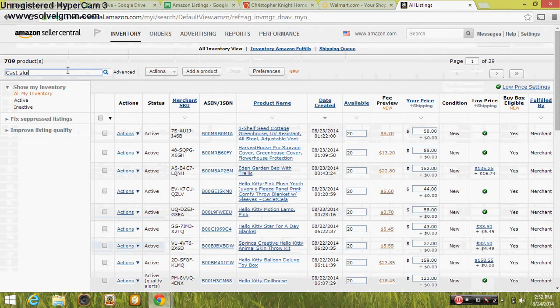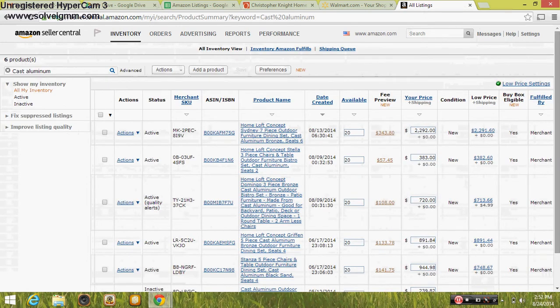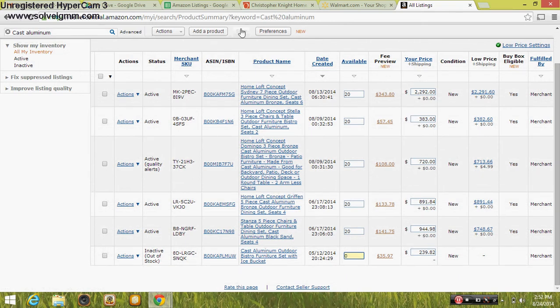Okay, and it's going to bring up several different things, but there it is right there. Castle. I've already got 0 in there, but if it was out of stock, I want you to go in here, click 0, and then click save. It won't let me because this was already zeroed out, but in the off chance, like I said,